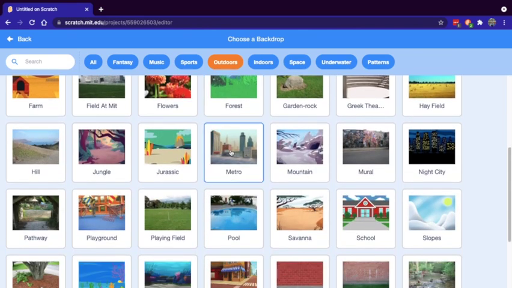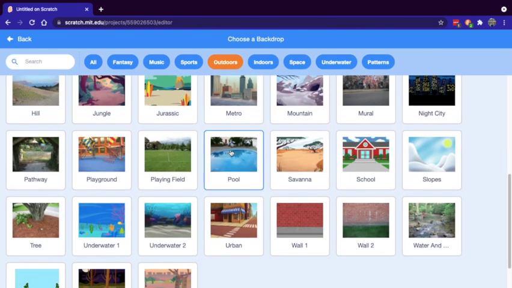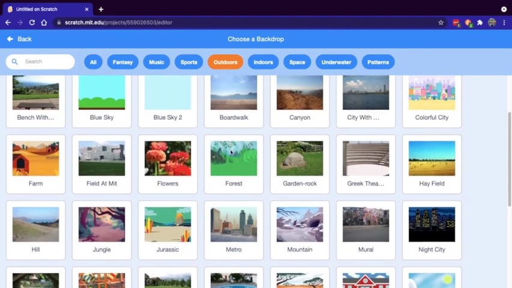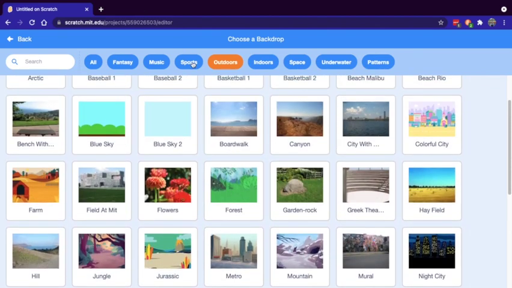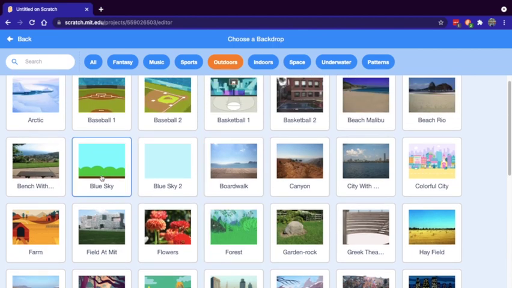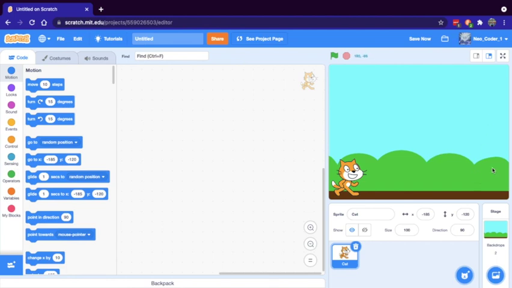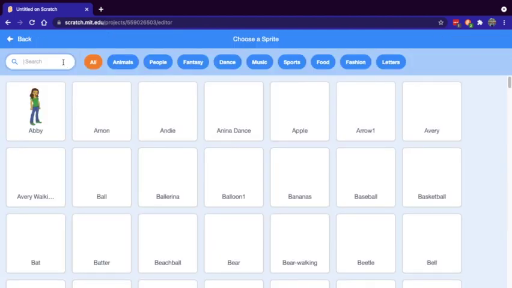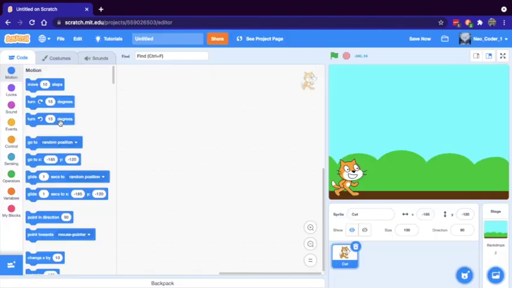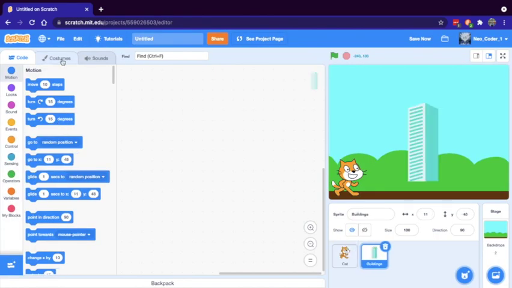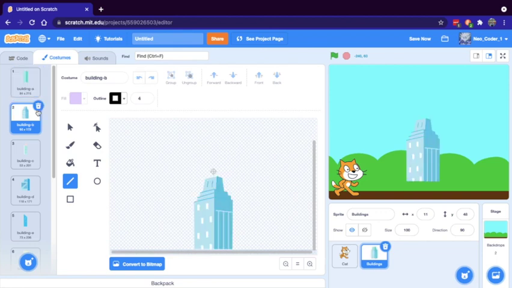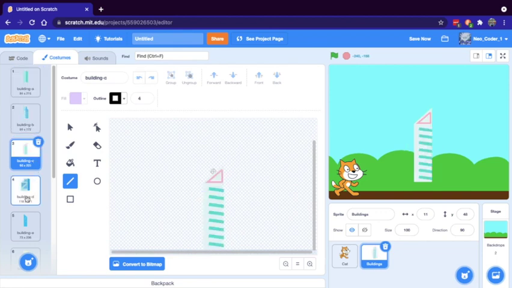You can choose any background, not mine. I don't know why it's coming. Oh, it's always like that. Anyways, we can choose this blue sky. It's good. Now get a sprite also, like building. Yeah, building will be good. Yeah, buildings. So there are also costumes for that. I'm going to choose this.